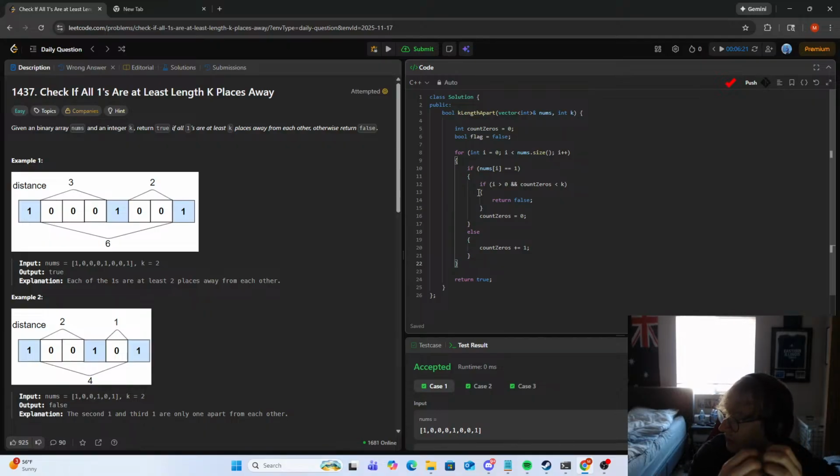Mine is different. I have prev index i, find 1 at, and then current i, then i minus prev minus 1. Okay. Trying to think here. I'm failing on this test case. Maybe I can use some sort of flag, right? And we can flag when we see the first 1. So that's when we know when to start counting, right? So to do that,